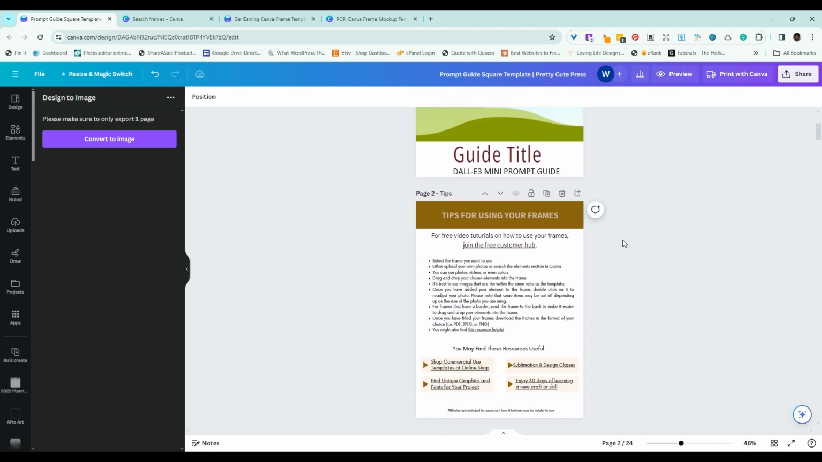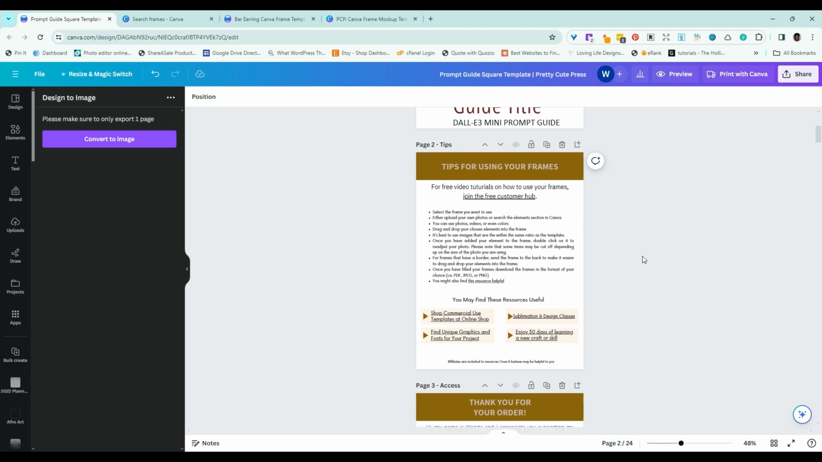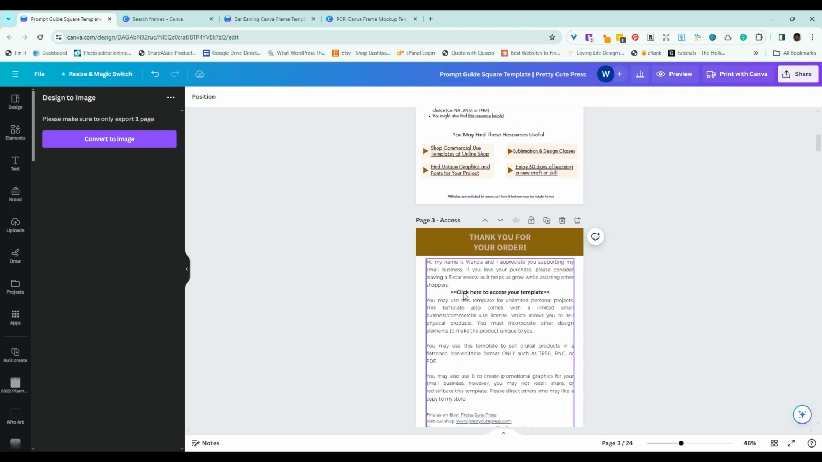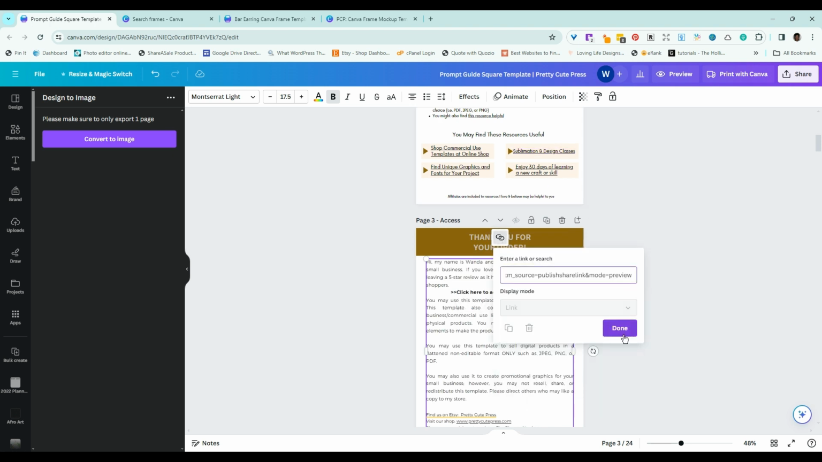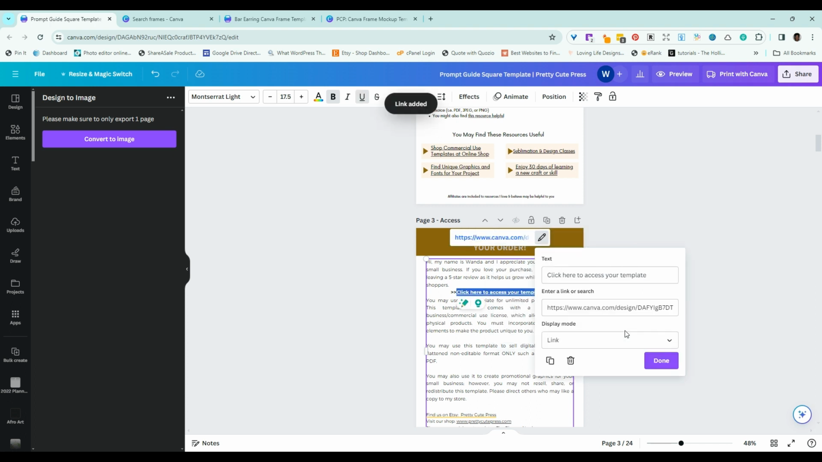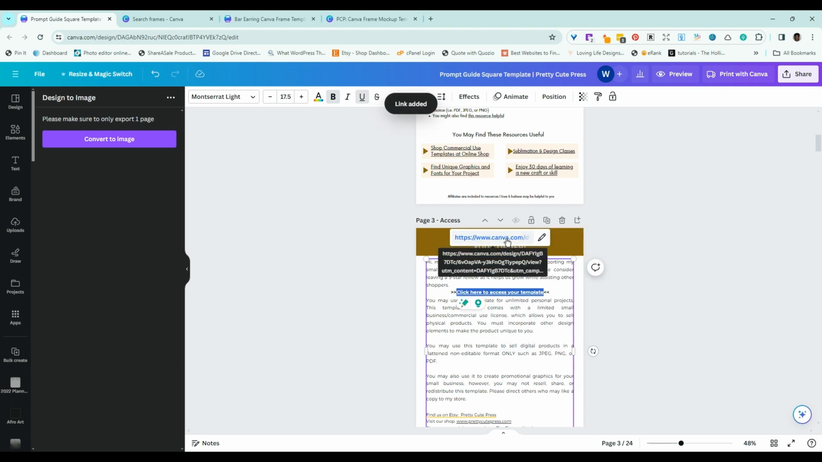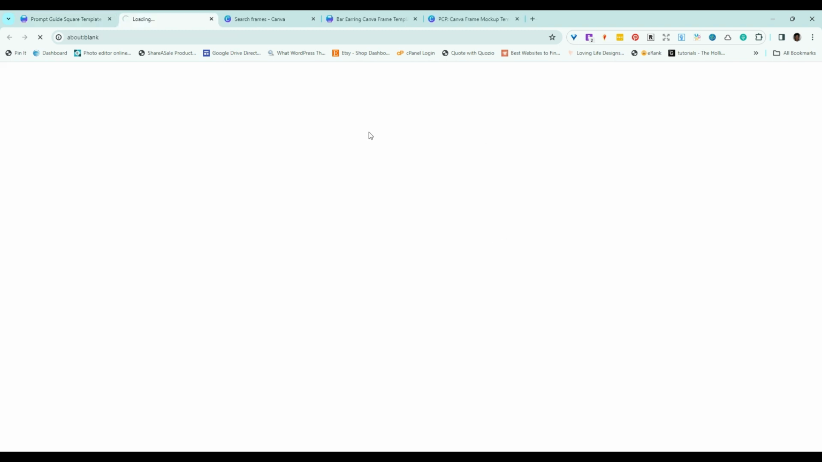So I'm inside a prompt guide that I'm setting up to sell. And so if I wanted to create a link so that a customer could access a template within here, I would just simply highlight the text, click on link, and paste that link that it generated in there and click done. Okay, when I click on that link from there, this is just going to open up a sample document,